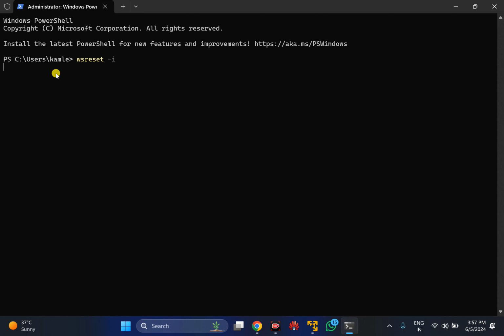I will put all these commands in the video description, so in case you need it, you can copy it from there. After issuing this command, it will take a few minutes and it will reset Microsoft Store as well as delete all the cache from the store app. After that, restart your PC and try to update or install any app through Microsoft Store.